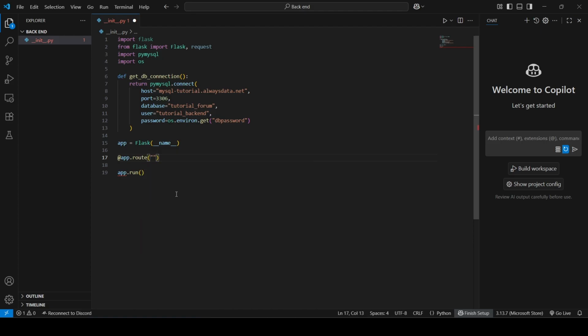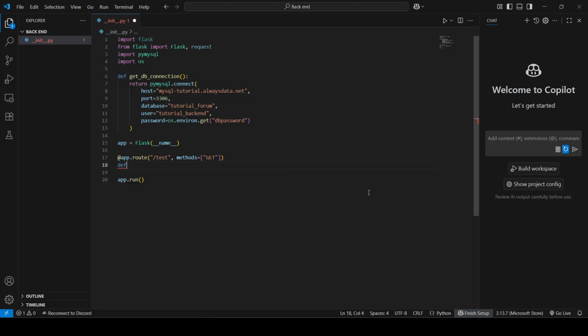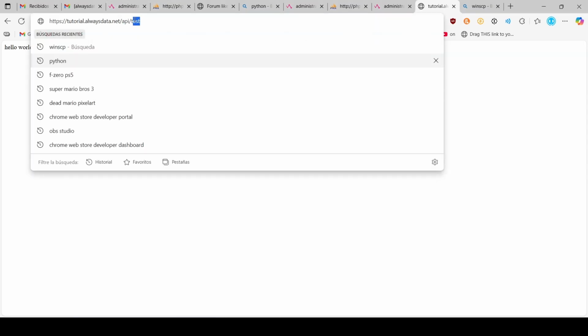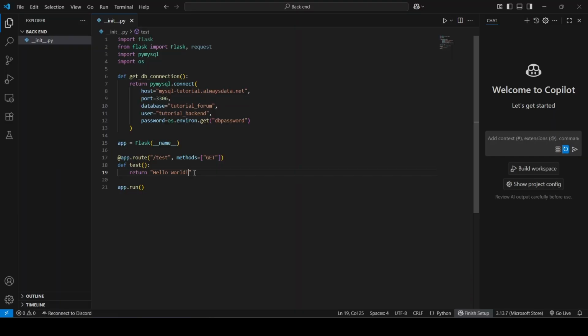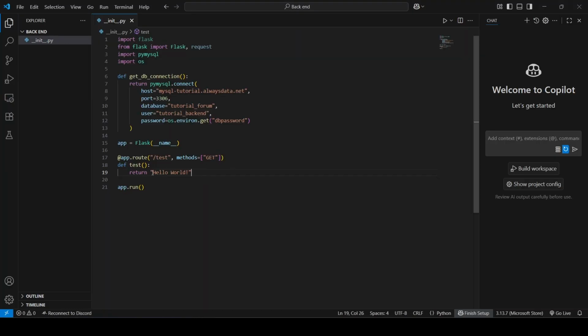App.route test with a slash, starting always with a slash, methods get, define test, return hello world. This should make that when you go to the address test, it's going to return hello world. It's a little different from here, so if it works correctly, it should return hello world with uppercases in the